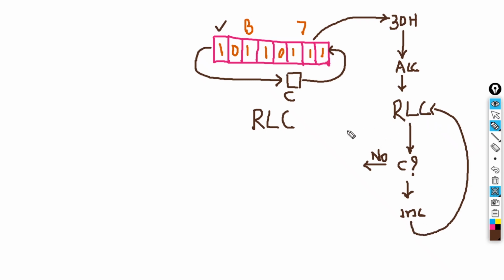This loop should be repeated 8 times, because we are having an 8-bit number. So based on this flow graph,